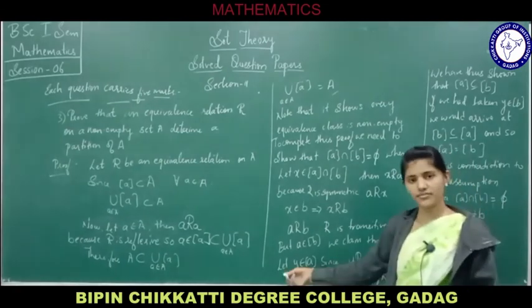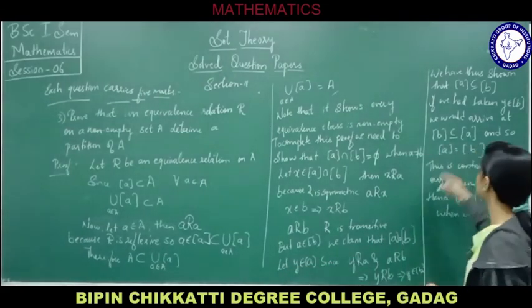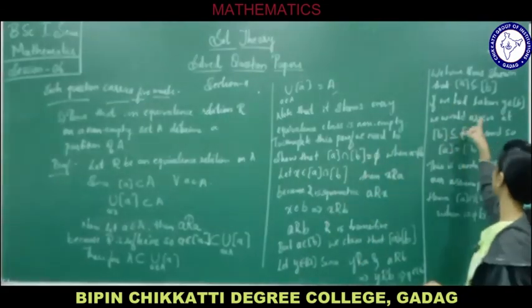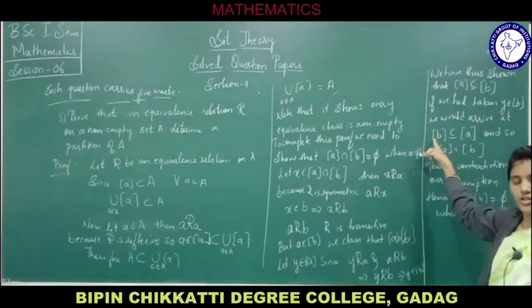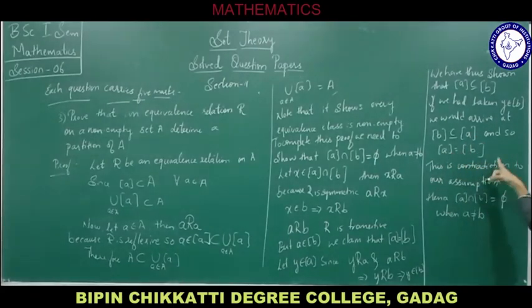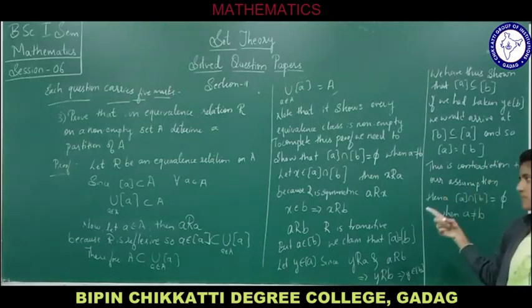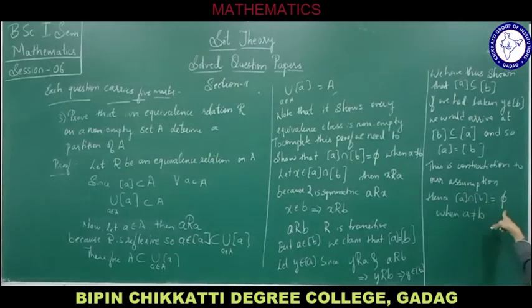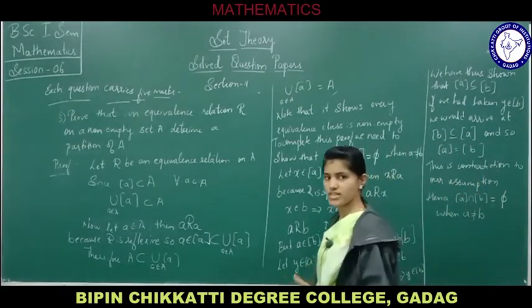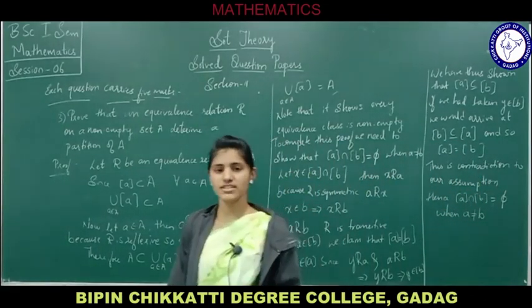Then what we did? If Y belongs to A, then A is a subset of B. If instead of A, we had considered it for B, we would arrive at the conclusion that B is a subset of A. That is why A is equal to B. This is a contradiction to our assumption that the intersection will be empty. Hence, A intersection B is going to be an empty set when A is not equal to B. Hence the proof. So students, I hope you all have followed these problems.